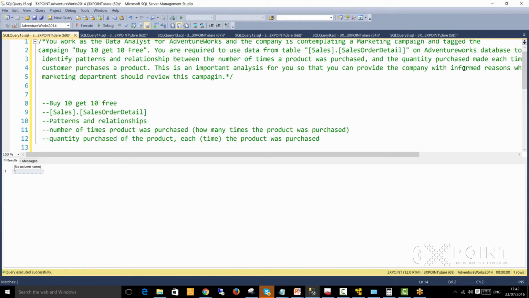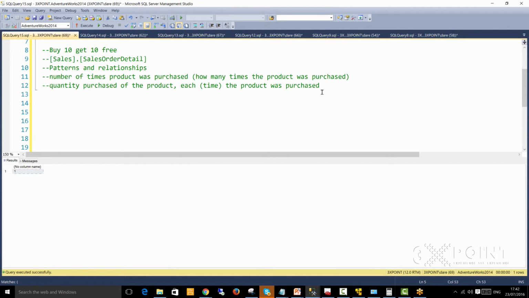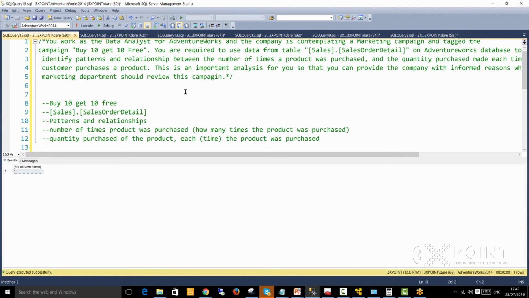So the quantity purchased each time the customer purchases a product. Okay, and then it concludes by saying this is important analysis for you so that you can provide the company with, blah blah blah. Right, so that's it. Now going back into